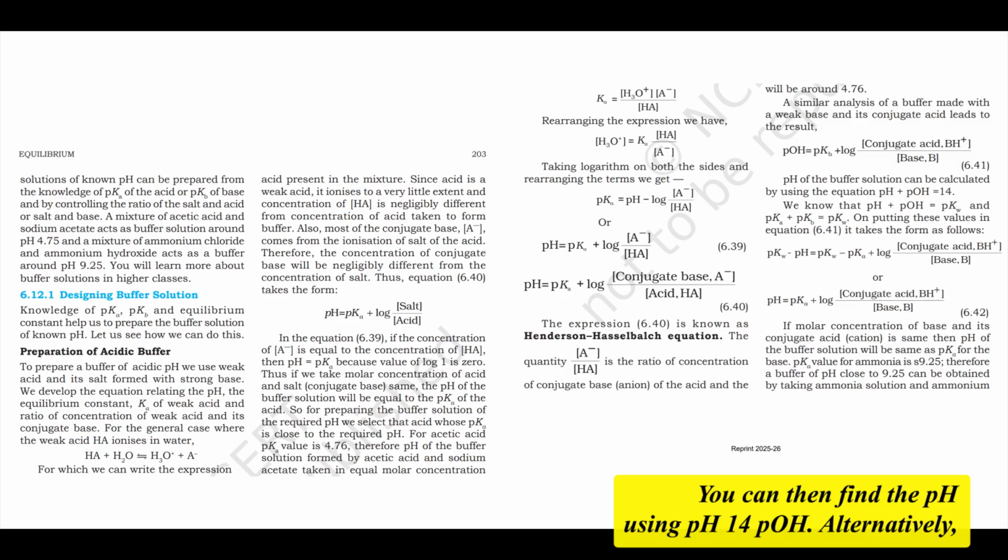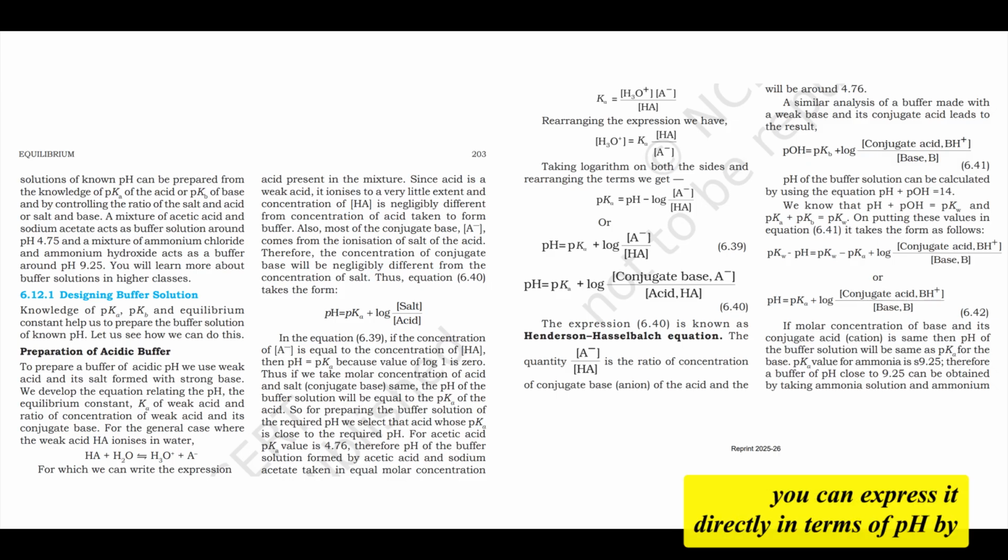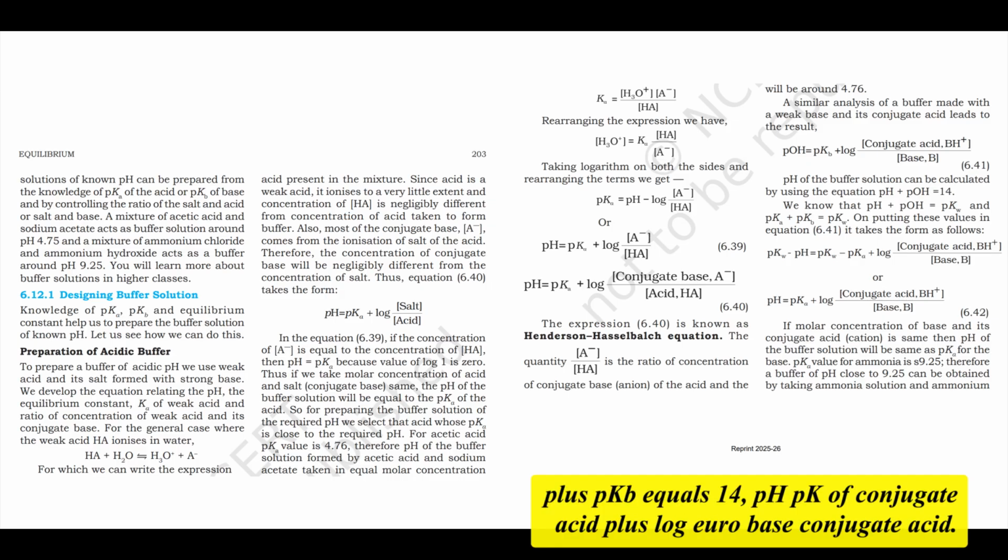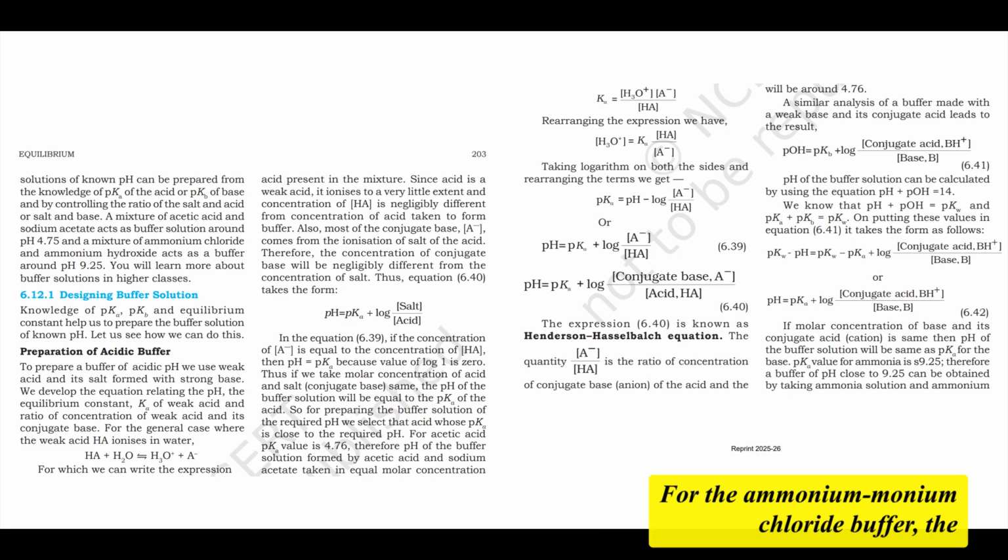Alternatively, you can express it directly in terms of pH by using the pKa of the conjugate acid, remember pKa plus pKb equals 14. pH equals pKa of the conjugate acid plus log of base over conjugate acid. For the ammonium chloride buffer, the conjugate acid is NH4+, its pKa is 9.25, so pH equals 9.25 plus log of